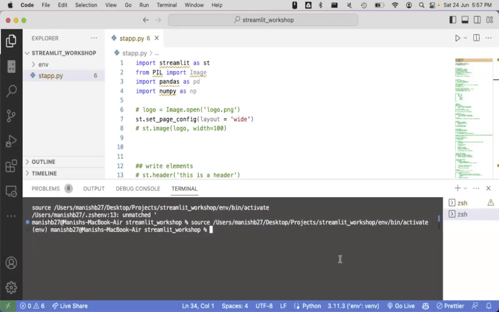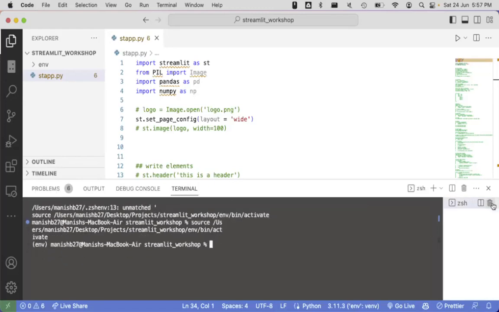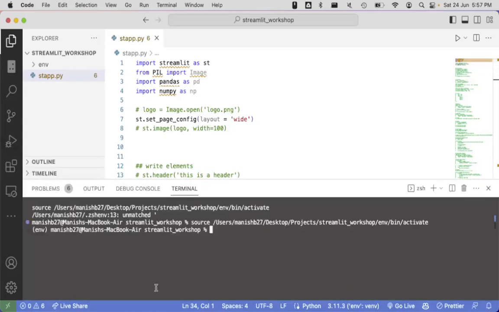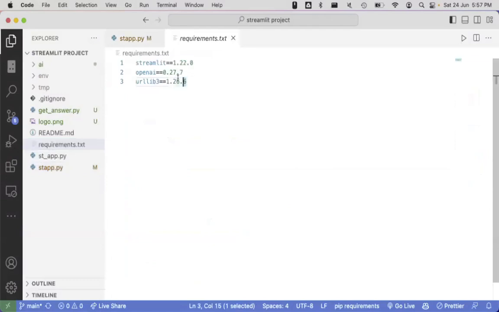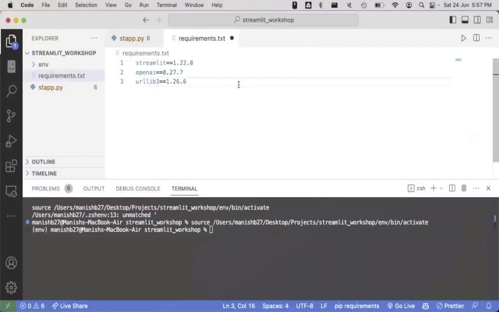This is a Python, again, another functionality that we can use. And if we just close it and reopen it, yes, we are logged into the environment. Now, there are going to be some requirements that we are going to use. So we are going to install all of those using pip. Now, there are 3 requirements right now: Streamlit, OpenAI, and this is basically not really required for every place, but